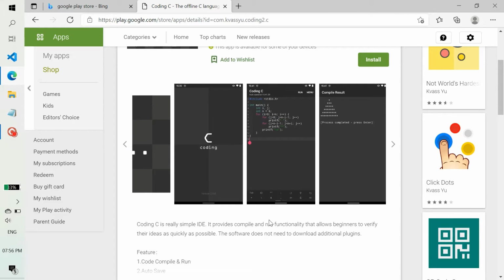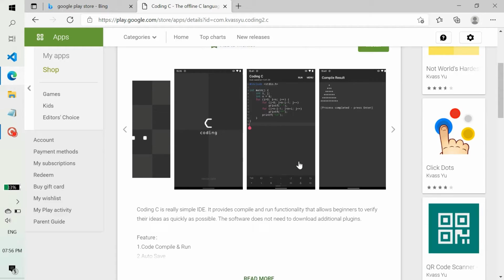There are a lot of features they have given, so like this tab, for a semicolon you need not go from that keyboard to functions and enter that semicolon. You can directly give semicolon from this tab also, and different symbols are given, so you can use that one, and you can save these files. You can share these files as well, and most of the codes will run on this app like on a PC or a computer.